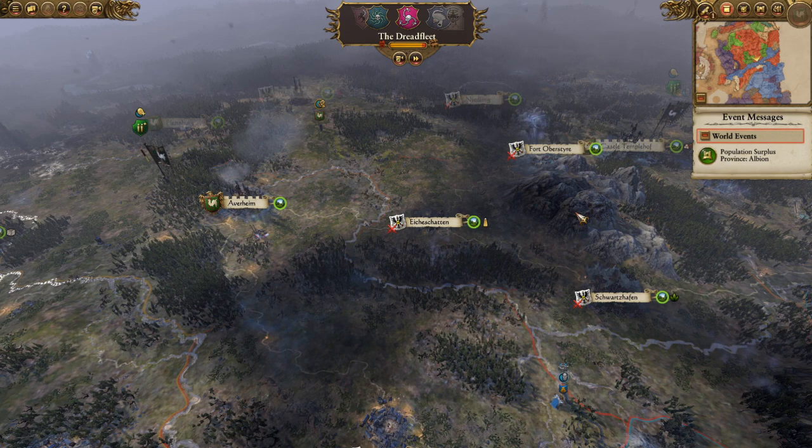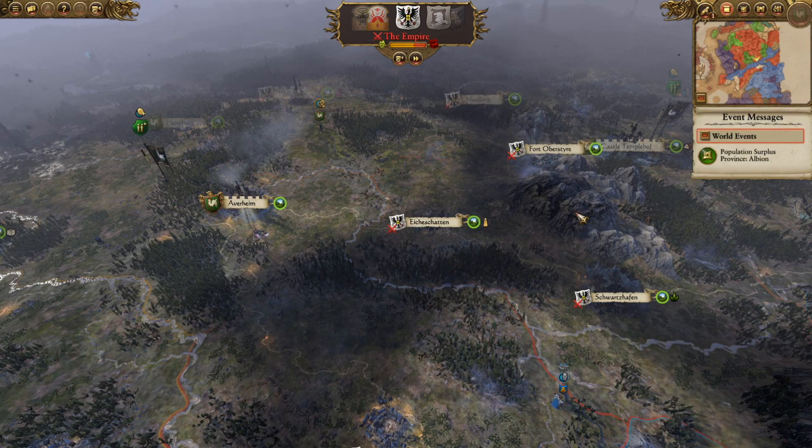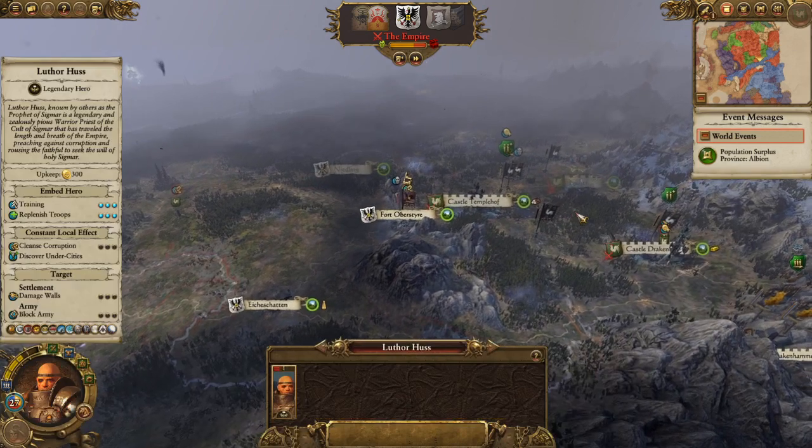It is generally one thing which I kind of dislike about the Warhammer games, or the Total War games in general, is when, say, if I went to war against the Lizardmen off in Lustria, then sometimes you'll see them send armies all the way from Lustria over to the Empire to attack you. Which is like, okay, I mean, we are at war, but...